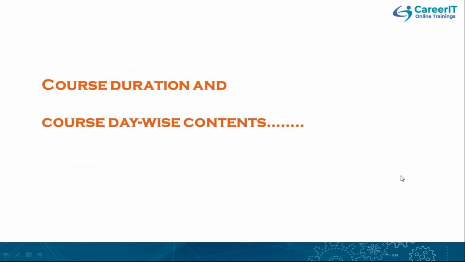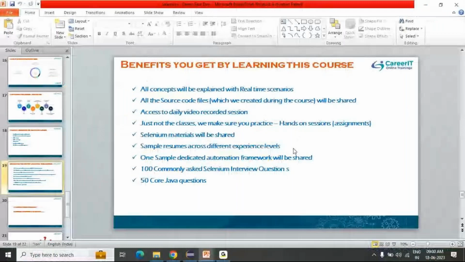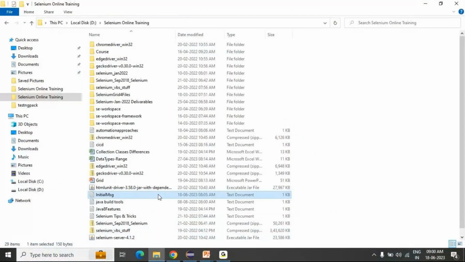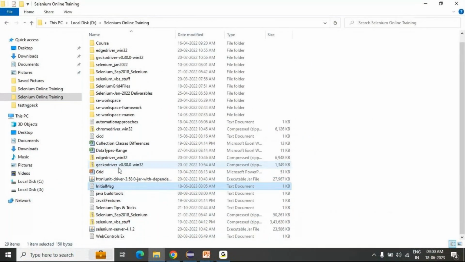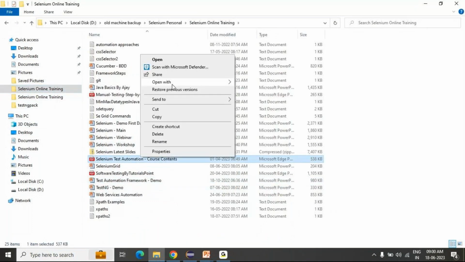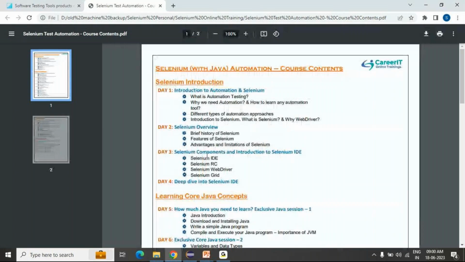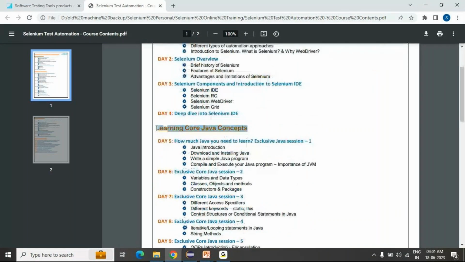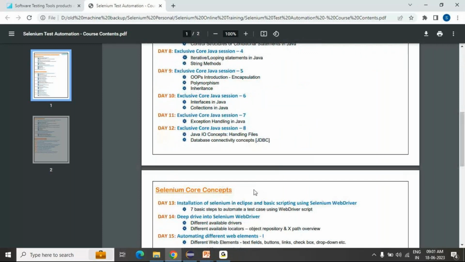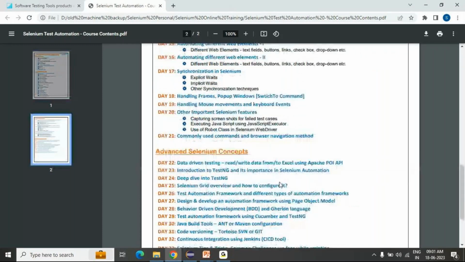Okay, course duration and course contents. Just a moment, let me open my course contents. See, I divided the entire course into four phases, guys. One is the introduction phase, the other one is the core Java phase, then core Selenium phase, and finally advanced Selenium phase.